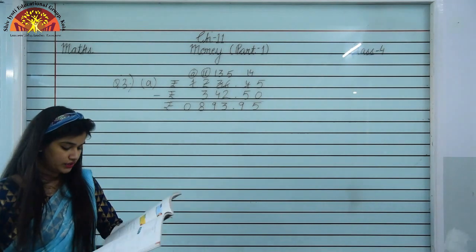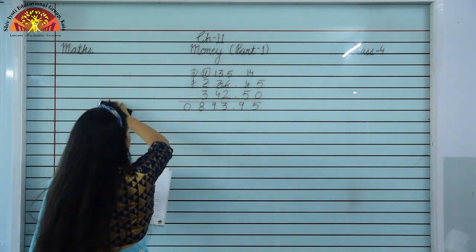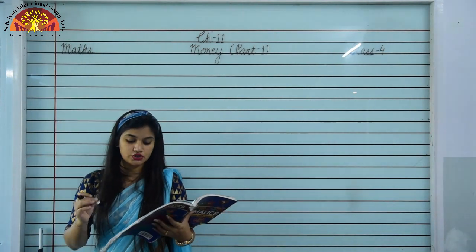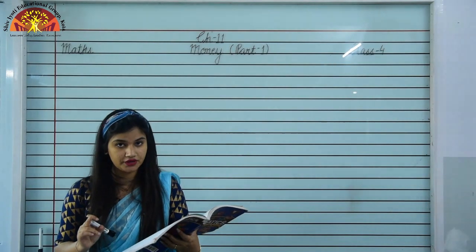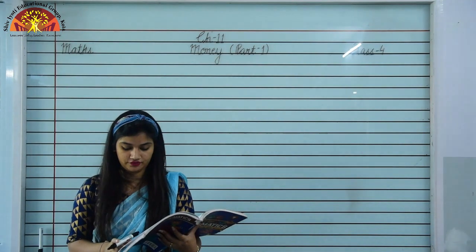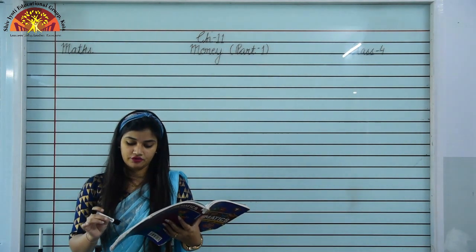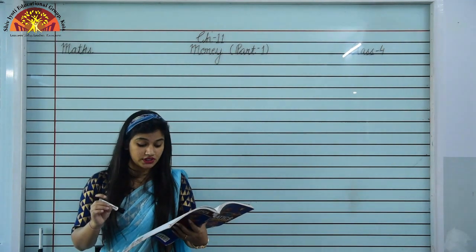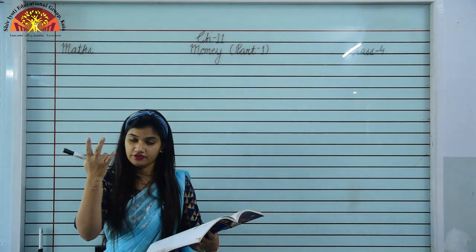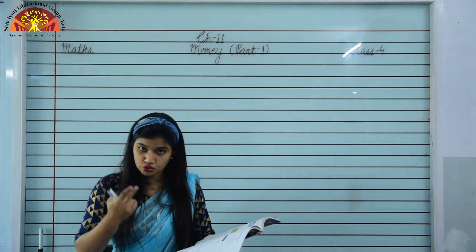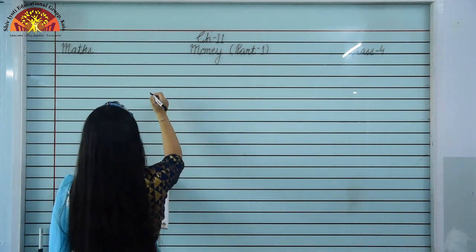Now we are taking question number 4. Question number 4 is, from the sum of rupees 2415 and rupees 3640.25, subtract rupees 895.75. So students, what is the question? The question is from the sum of, and then we have two numbers. So first of all we have to find the sum of two numbers, then we have to subtract the third number. So now we are finding the sum of two numbers.